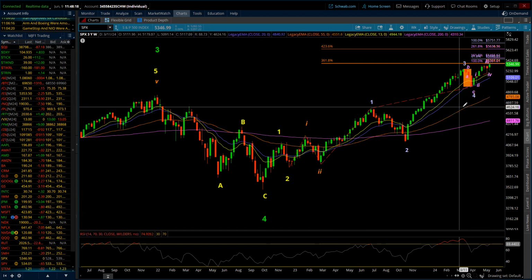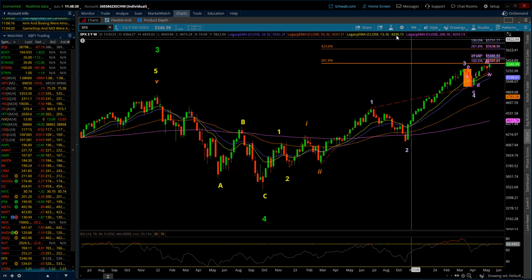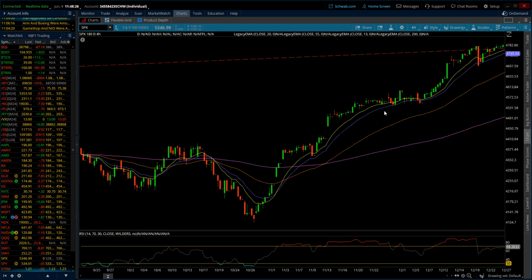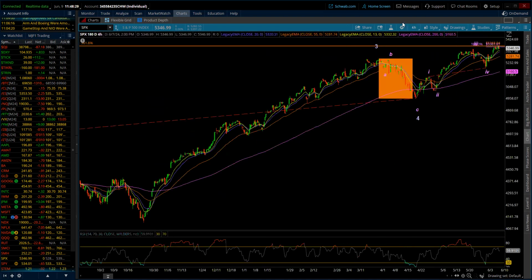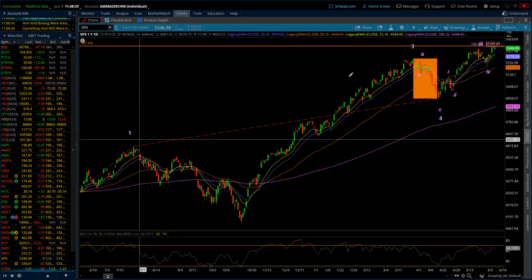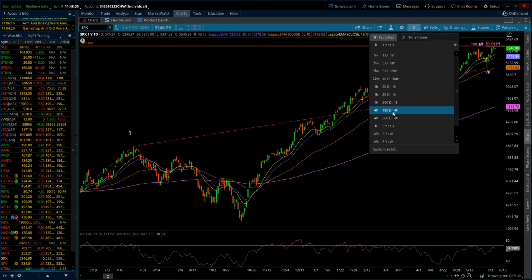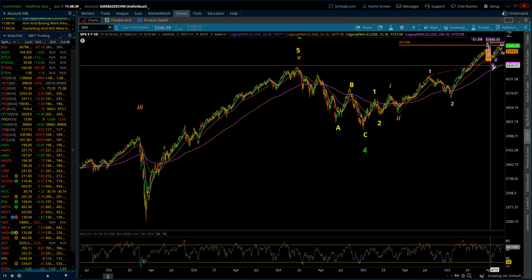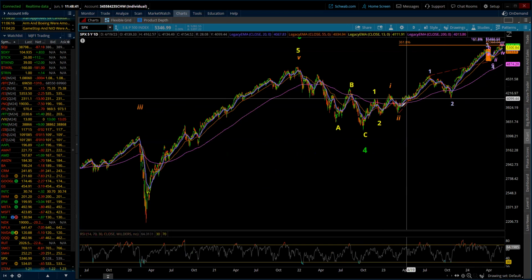And so what we've done so far, I'm going to immediately start to bring this down, and we're going to move it all the way down to a 4-hour chart so that I can get inside. Well, let me just look at the daily chart first. And one more, I still got to go out to that 5 years. So we can see that we have 1, 2, 3, 4 on a minute degree.